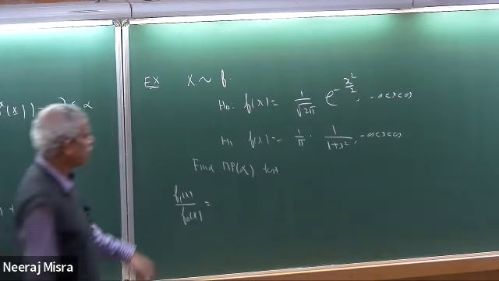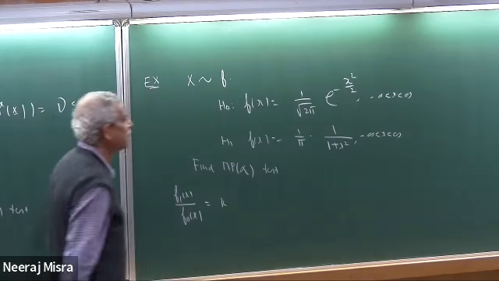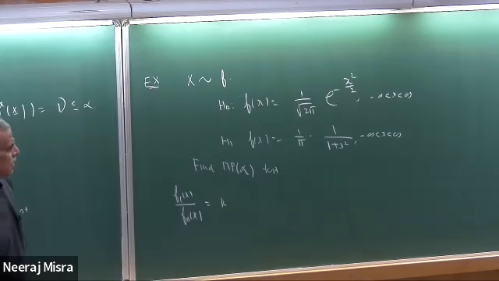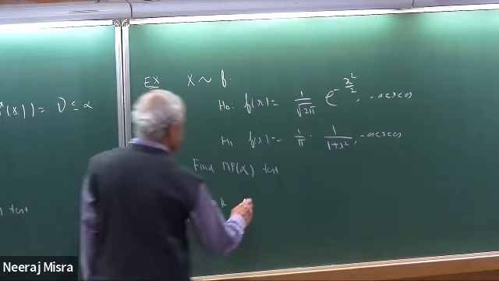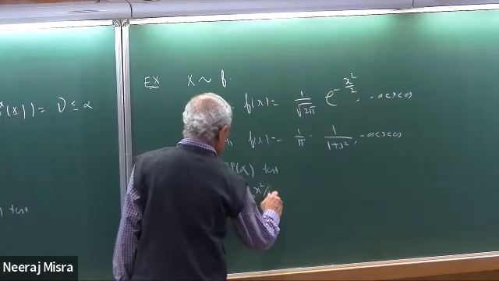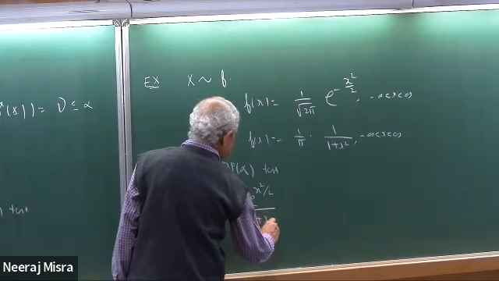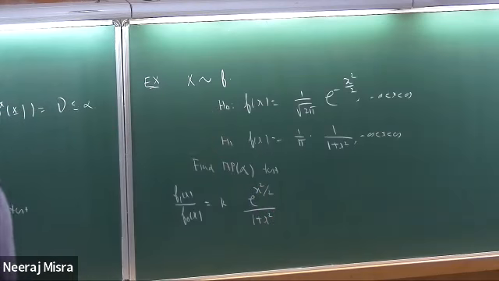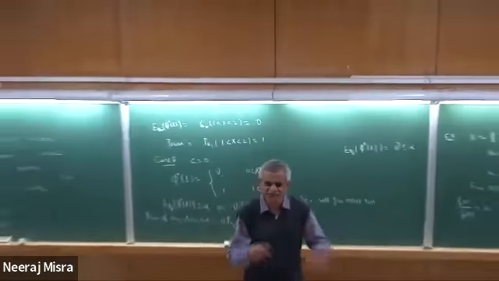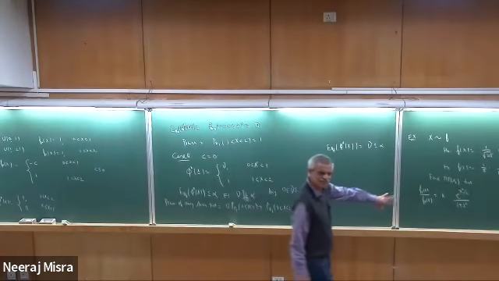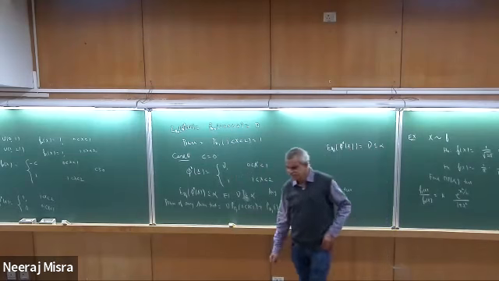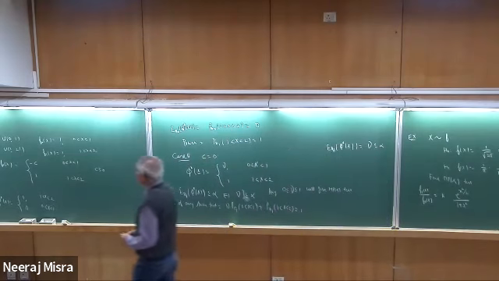So in this case, this would be some constant, and then e to power x square by 2 upon 1 plus x square, right? Is that okay? You can study this as a behavior of x square. Now this would be greater than k. Suppose this turns out to be an increasing function, greater than k, you can study it and then determine the critical region. I have given this as a homework problem. Try to do that. Let us consider another example.